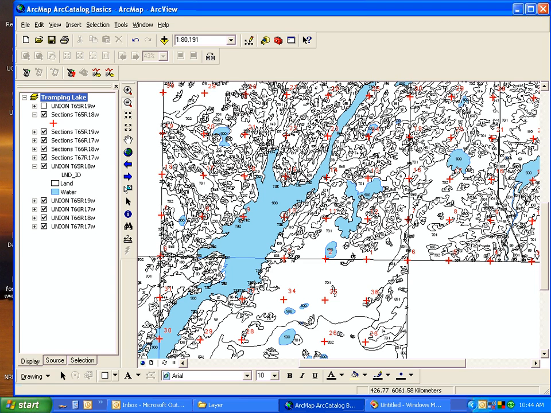In this ArcMap 9.1 demonstration, we're going to show how to set the reference scale for a data frame so that when you zoom in and out, the font size of your labels will change accordingly so that it's always readable. Right now the reference scale isn't set, and if I was to zoom to the full extent here,